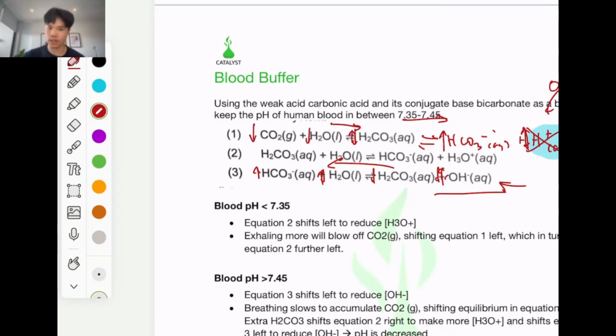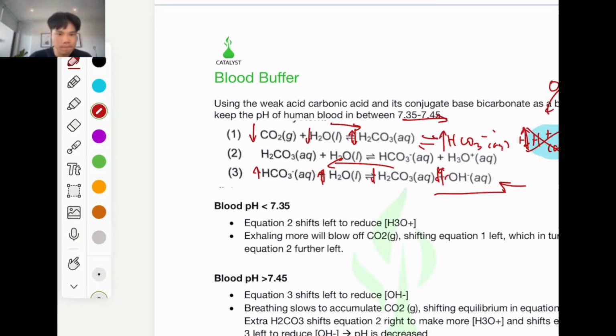CO2 concentration goes down in order to bring H plus back in the solution. And then what if H2CO3 is changed? Good question. If H2CO3 is changed, I'd probably treat that as